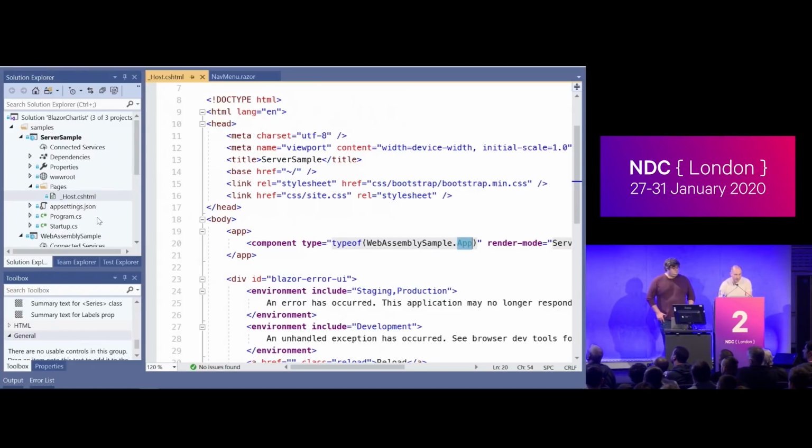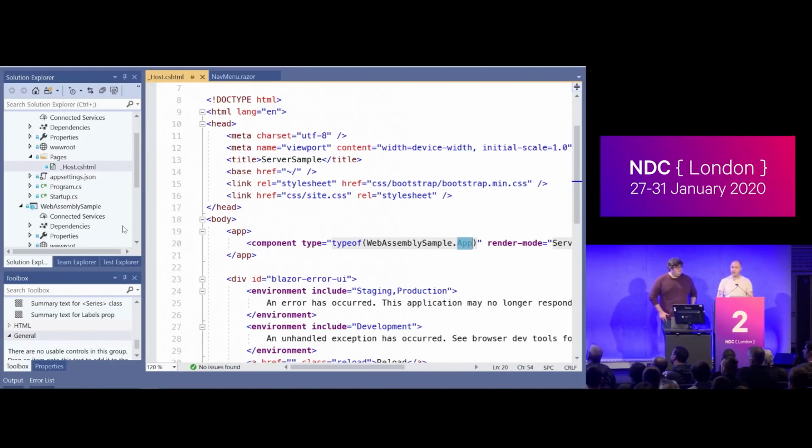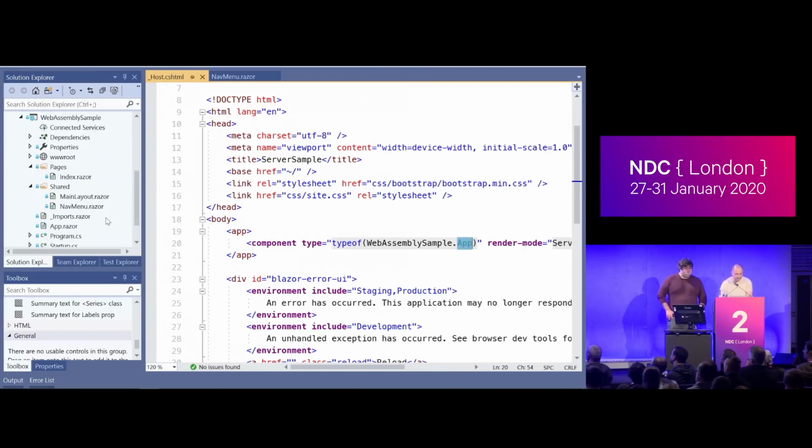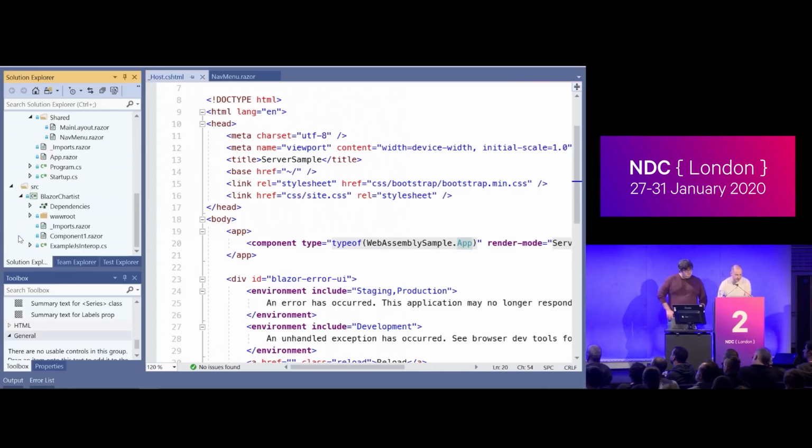So I'm treating my WebAssembly sample as if it itself was a class library, and I can just reference one of my applications from another. It just means these two applications stay in sync with each other, and I don't have to duplicate any code. Okay, but what I actually want to do is use some of the components from my